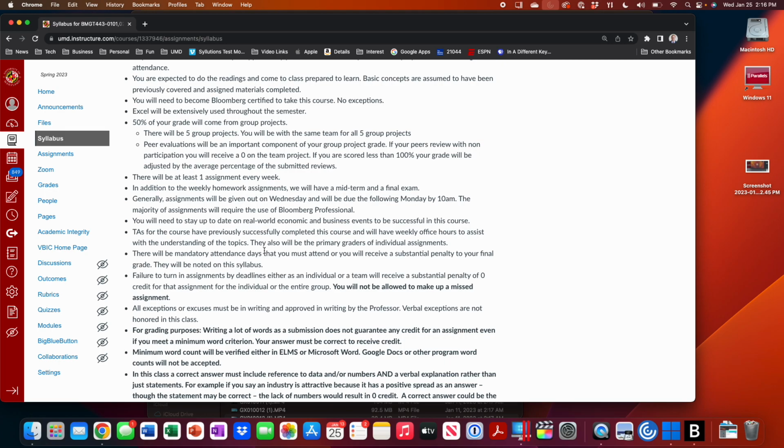In general, the cadence of the assignments is they'll be given out Wednesday, and then the individual assignments will be due Monday at 10 a.m. Okay? The exception is going to be this week because nobody can access the terminals to do the assignment for Monday, I'm going to push it right now to next Wednesday, pending what IT is able to do. Okay? But nonetheless, generally Wednesday through 10 a.m. Monday.